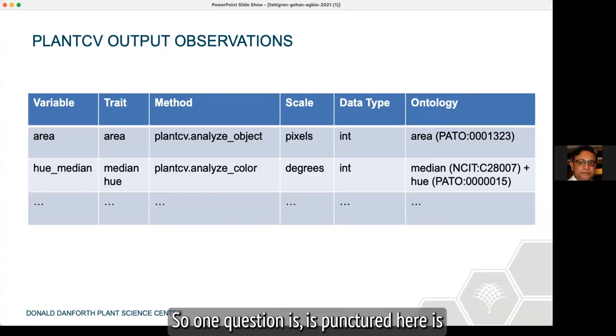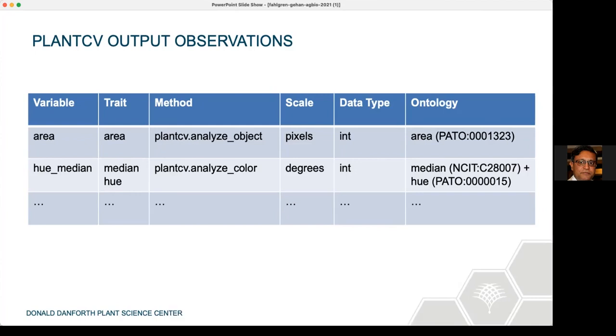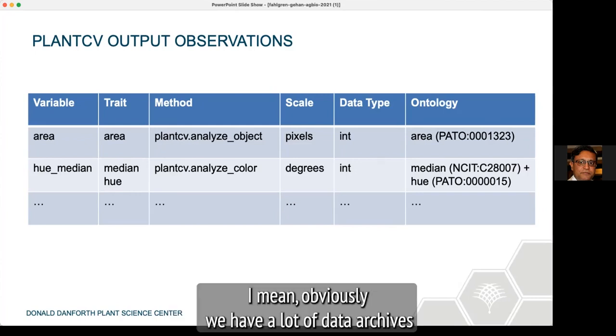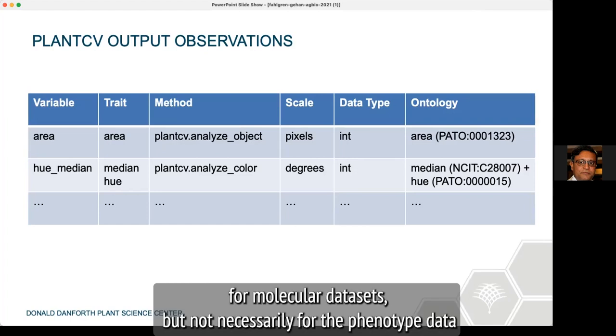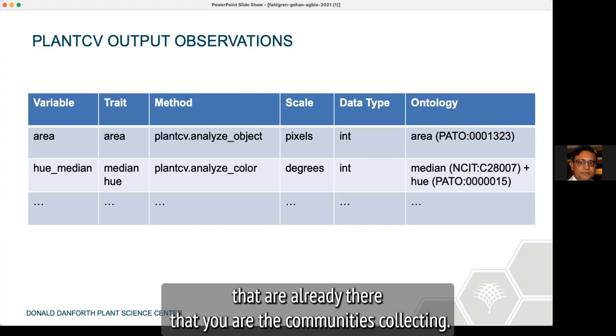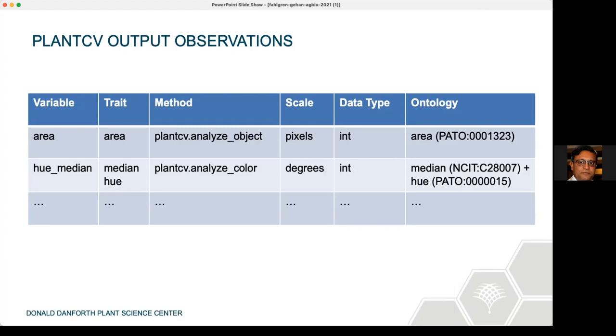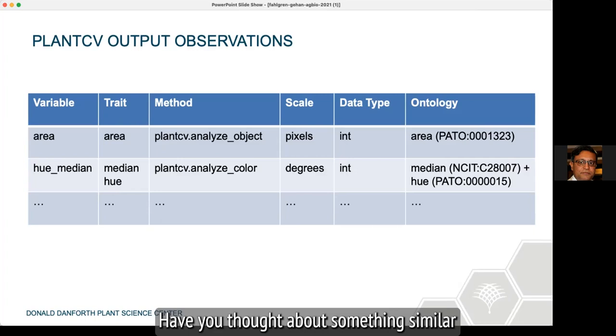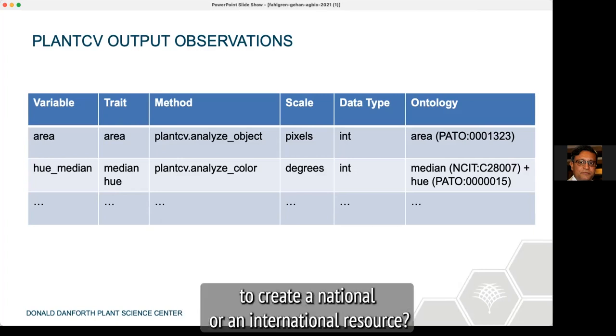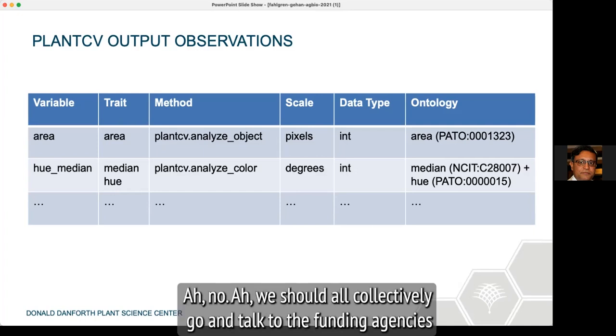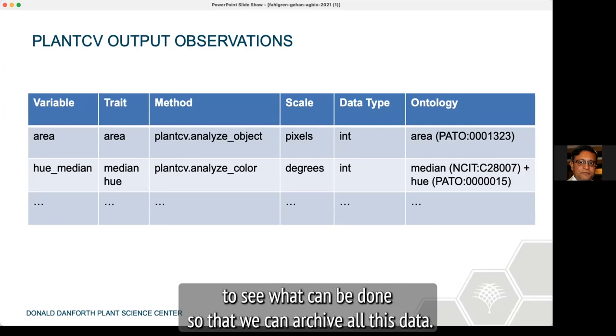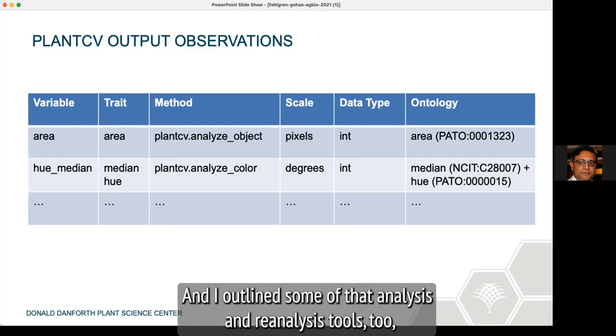So one question, this is Pankaj here, is, obviously we have a lot of data archives for molecular data sets, but not necessarily for the phenotype data, that raw data that you or the community is collecting. Have you thought about something similar to create a national or an international resource, or should we collectively go and talk to the funding agencies to see what can be done so that we can archive all this data and